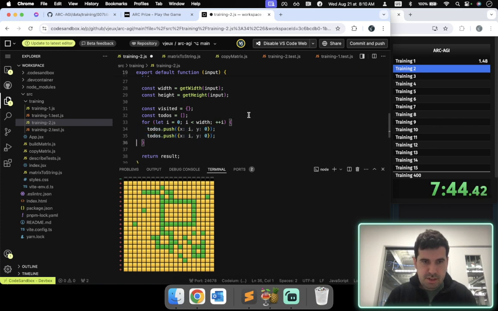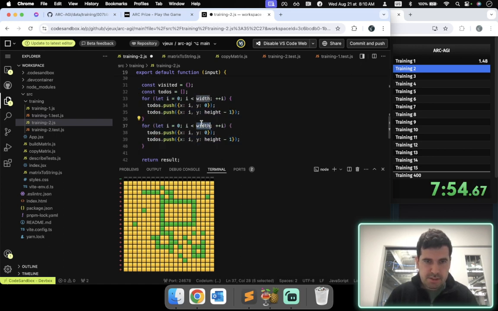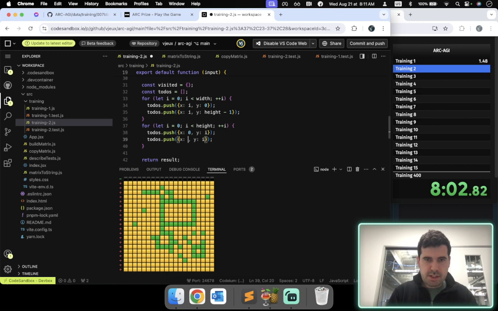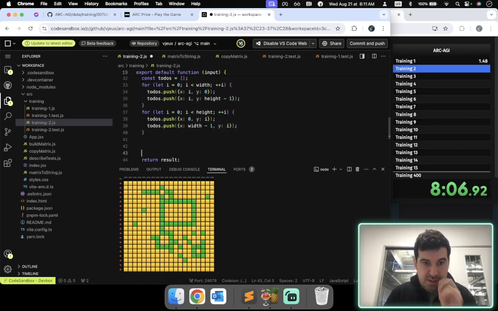Okay, and we want to do this as well for the last one, so equals height minus 1. And now we're going to do it for the height, so y equal I, this is 0, and this is width minus 1. Perfect. So now, while to-do's length is more than 0,